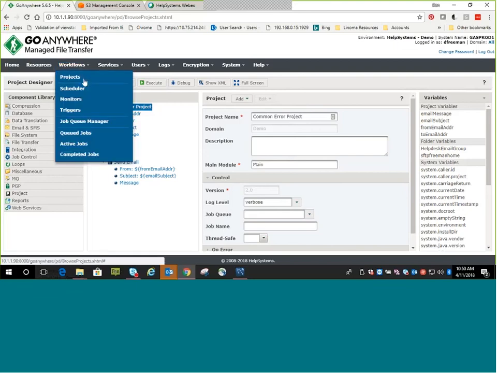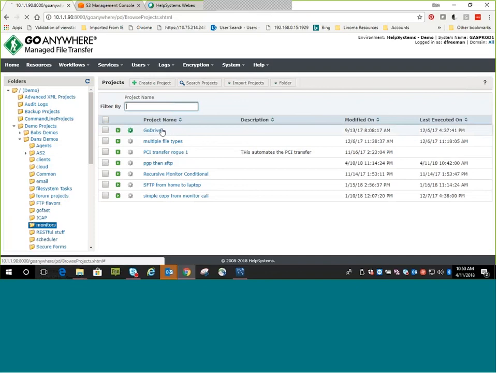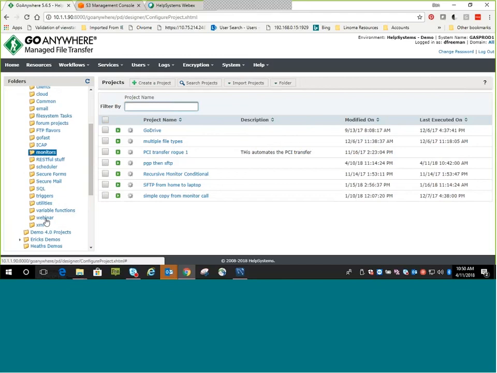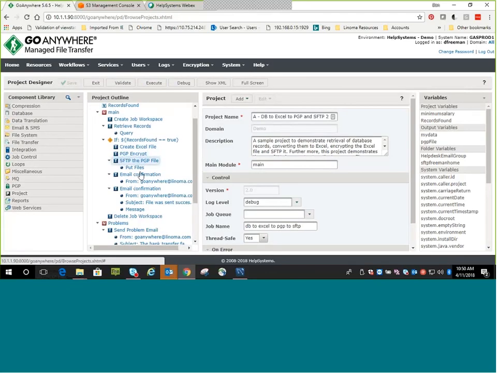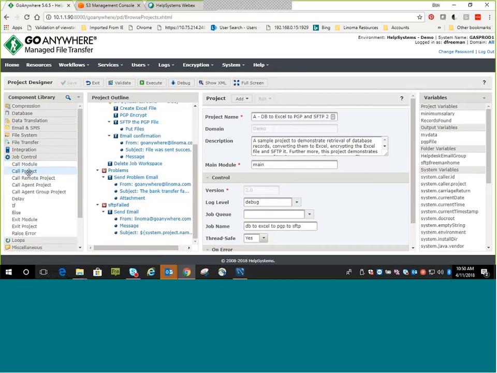Let me go to a different project here. You just go to the monitors, and yeah, this one. Instead of having all those steps within there with your errors module or the problems module and all this send,